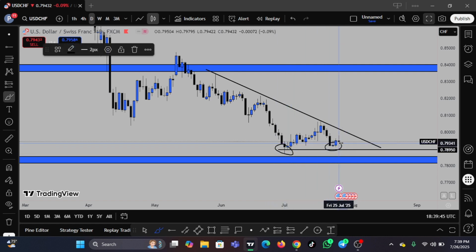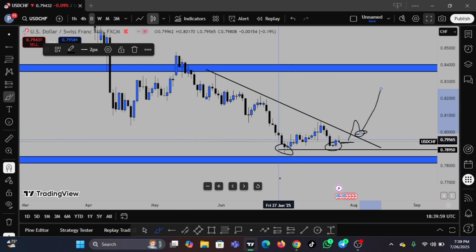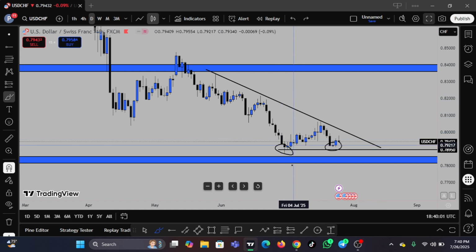Aggressive trader may get entry from here. I might get in if I see good price movement here. So if I should get in here and then we break above, we retest, I'm going to be adding to my position and then we can move to the upside. So USDCHF, I'm bullish here. Yeah, I'm bullish on USDCHF.